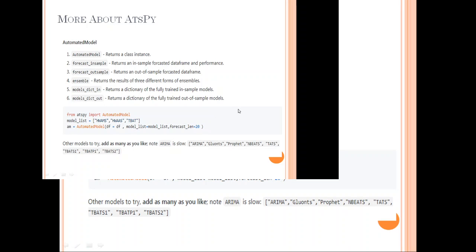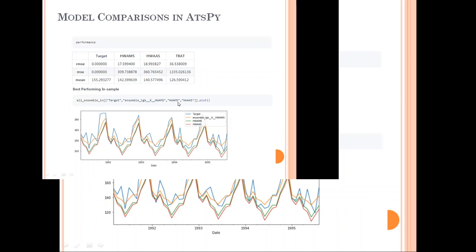So let's go over more details about this stuff. The most important one here would be the ensemble. So let's look at it here. When you look at the ensemble models here, it's going to tell what models you chose, and how's the performance of each of those. And also when you combine that,